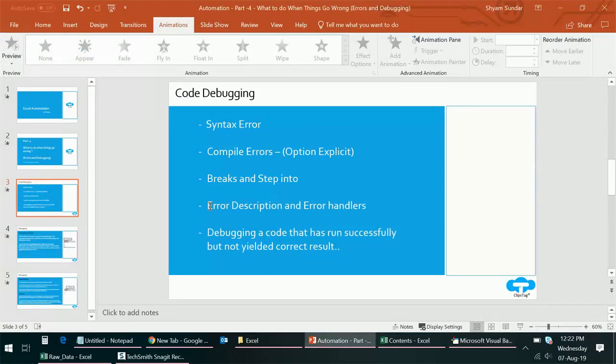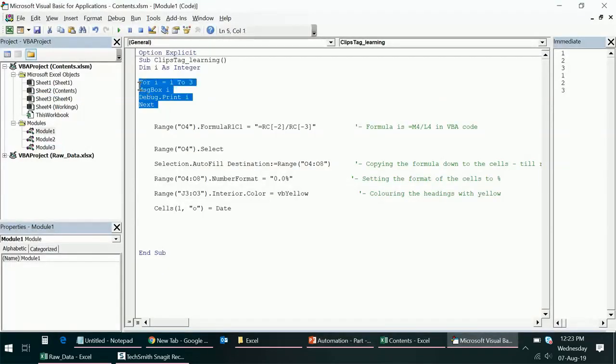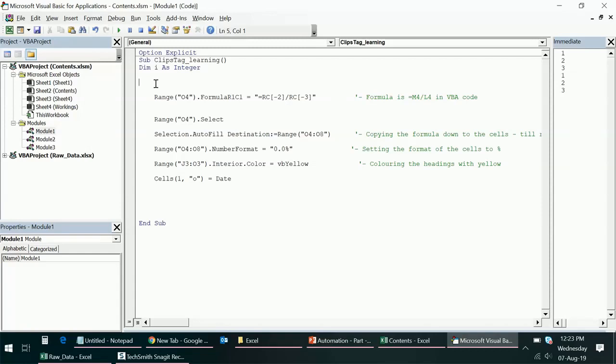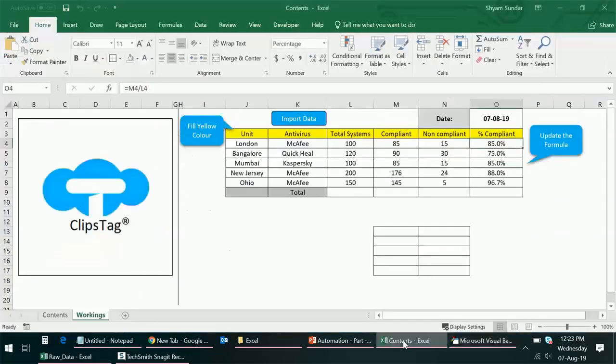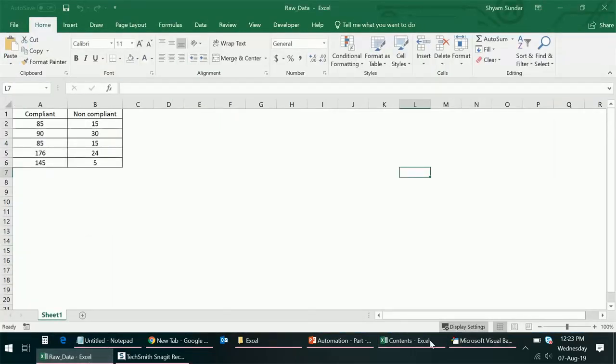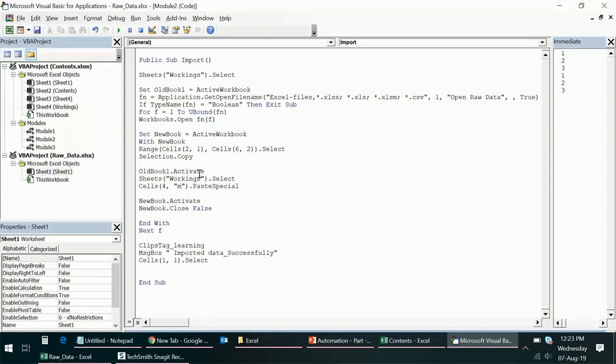So going back to the thing, that's what this is, and an error description. Okay, so let's close this up. And let's go back to this code, and I'll just give you an overview of what is happening. Basically here we are trying to set the current workbook as an old workbook, just for reference sake, where we can activate it. When it is not activated, it will be in the background. So let's say if I'm working on this one, the other is in the background. So when I use the command activate, it brings it to the foreground,